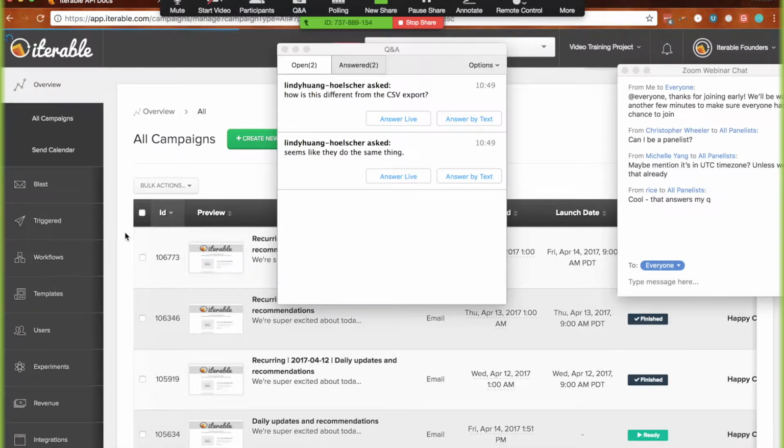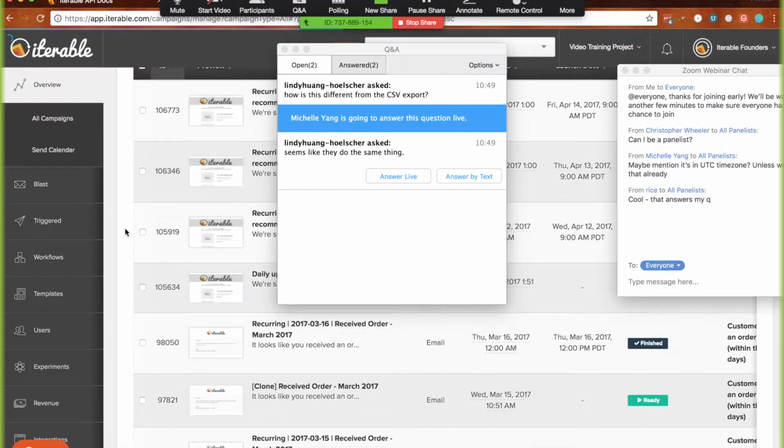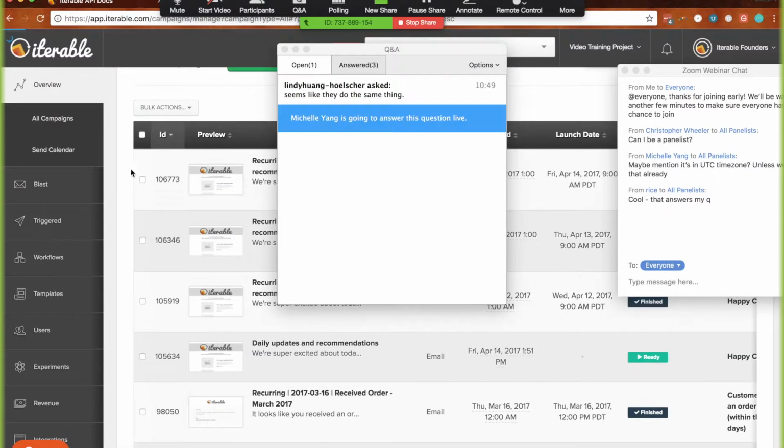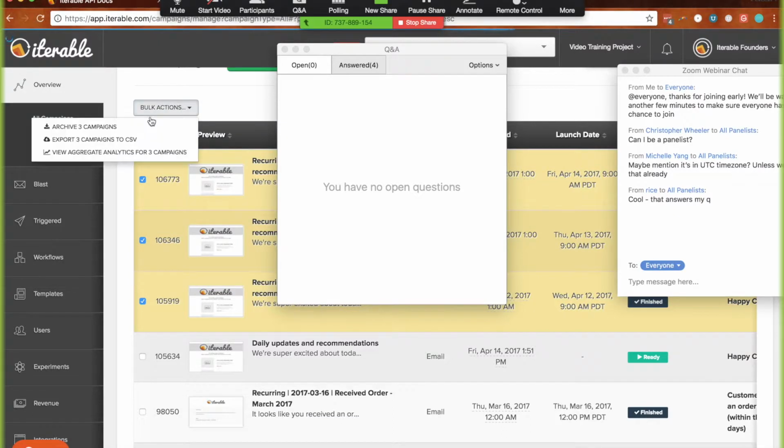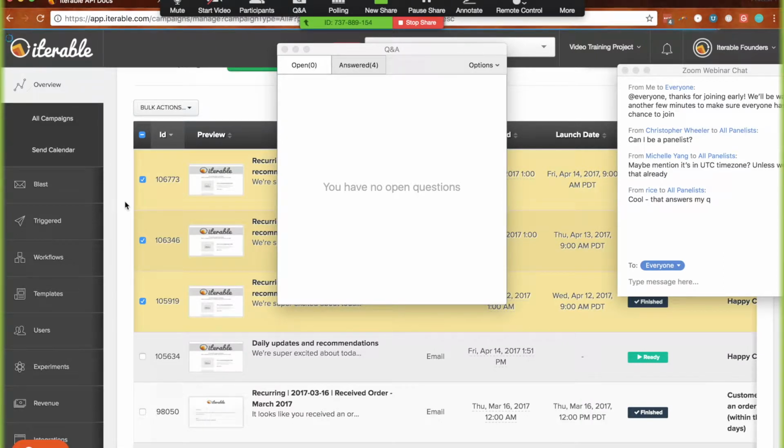It does a lot of steps all at once. So if you're at this page and you want to export some data of a few different campaigns, you can do that. You can export them to CSV directly. From this page though, it just gives you the overview metrics. It gives you the total number of sends, the total number of opens,